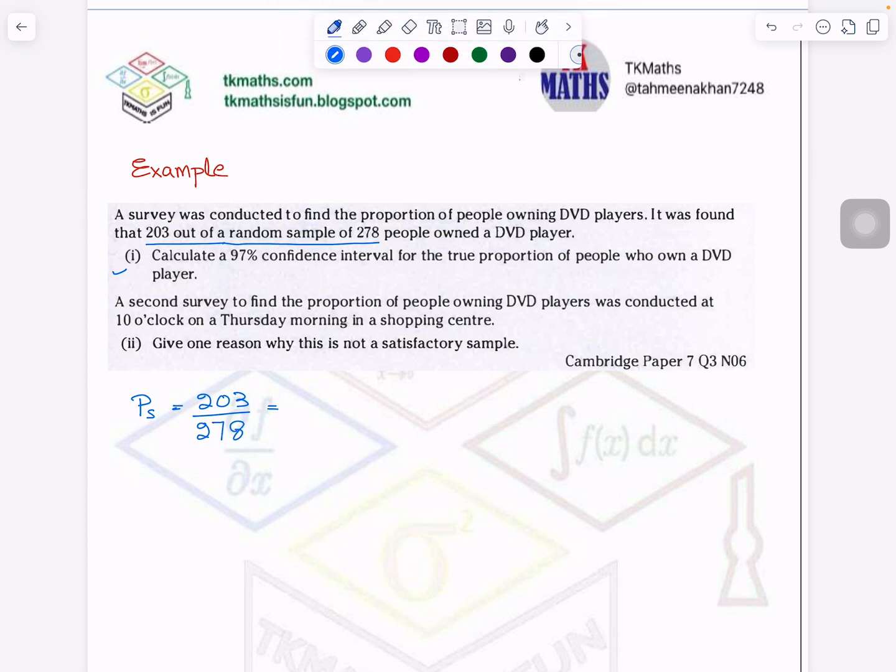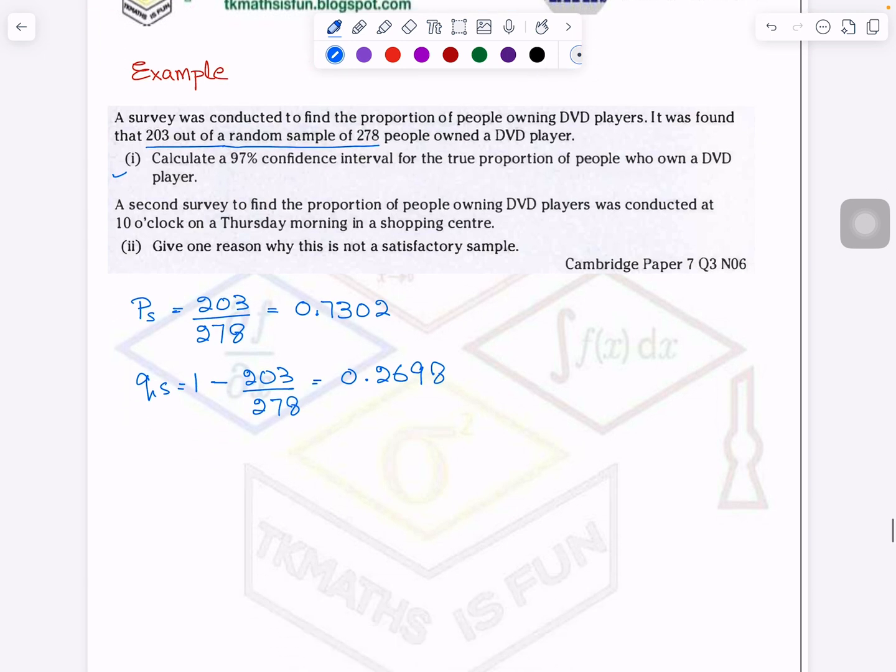Because these values will be used later, I would say write down up to 3 to 4 decimal places to avoid any error in the final answer, which is written in 3 significant figures. Suppose I'm writing in 4 significant figures here. So what will QS be? It is 1 minus this answer. I'm using the actual answer here. Please keep a calculator; if I make an error, you can correct it. I hope I will not, but to err is human. So 0.2698.